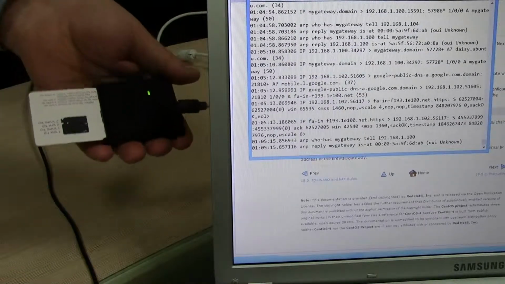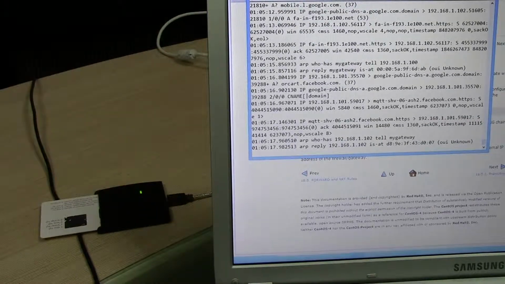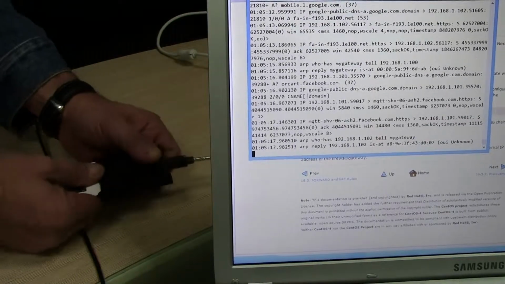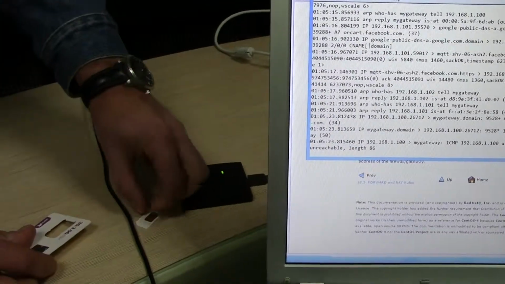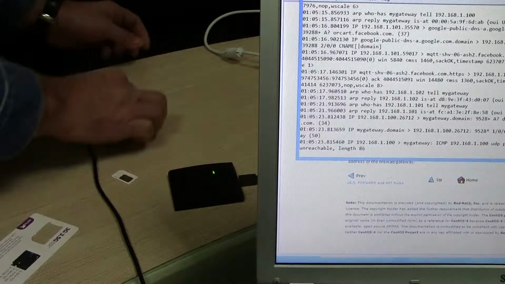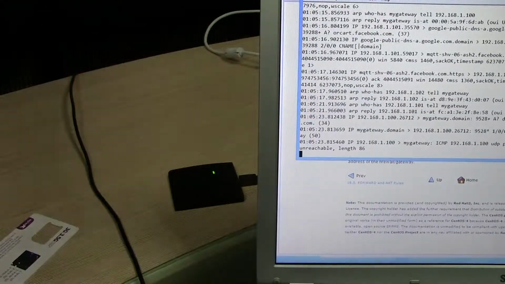Can you do it? Or it's a very complicated operation? Of course. Okay, so can you show me? Okay, so